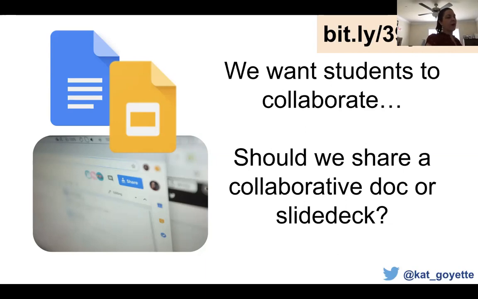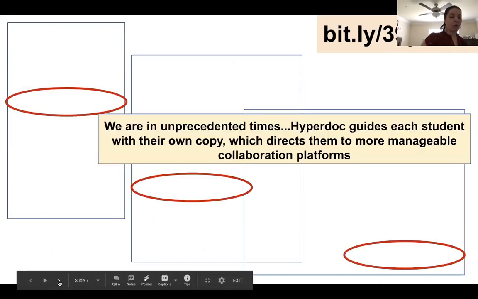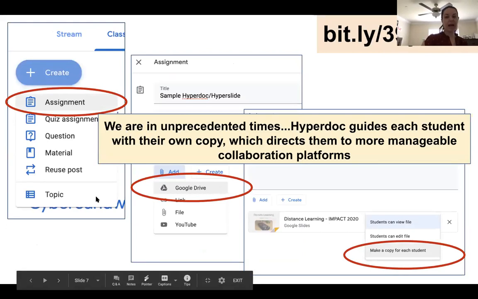Awesome. I think it depends also on what you have done with your classroom already. If your students, when they were face-to-face with you, are used to using collaborative docs and slides, you're probably not going to have a lot of problems. You already have some of those expectations set, everything's ready. But if you're someone that hadn't really done that yet, I'm not sure that I would recommend it right off the bat,